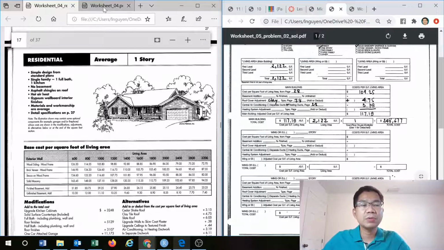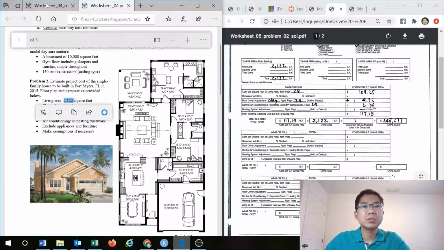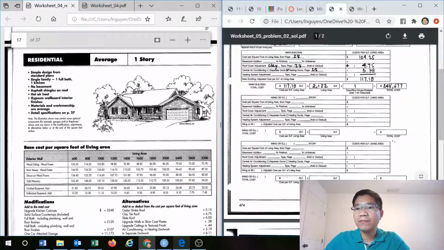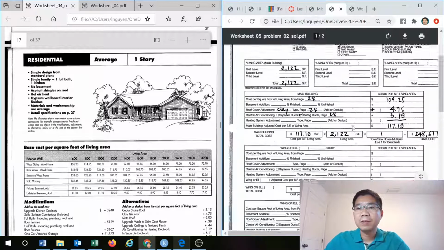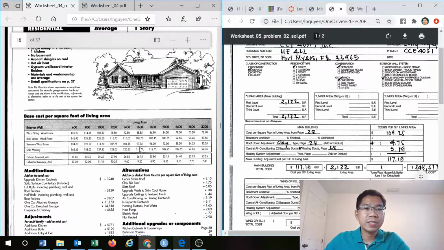for this house, 2,122, as you can see here. So that's why we have 2,122 square feet. And then the cost per square foot, let's see here, cost per square foot, page 28, 109.25. So as you can see here,